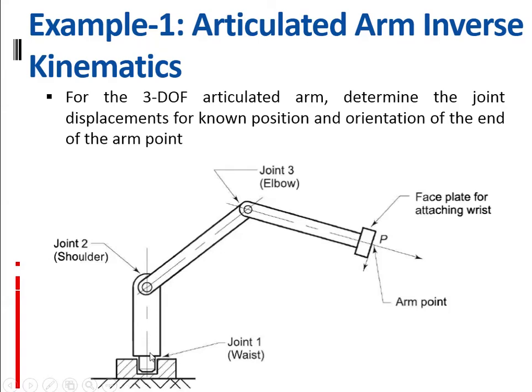Basically the number of links will define the degree of freedom, and so the joint variables also, 1, 2 and 3. I have 3 joint variables theta1, theta2 and theta3. The main thing which we want to know is theta1, theta2, theta3 for a particular configuration or for a particular point. To reach this particular point, let's say P, what should be the value of theta1, theta2 and theta3? That is the main question in this case.